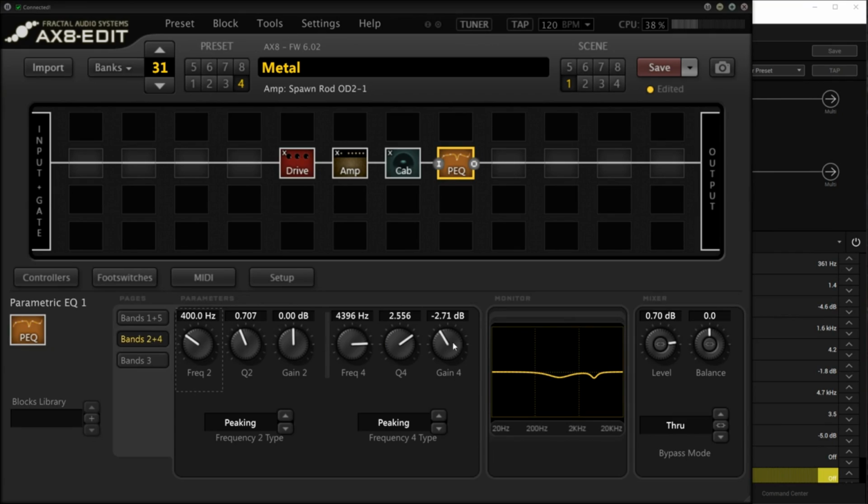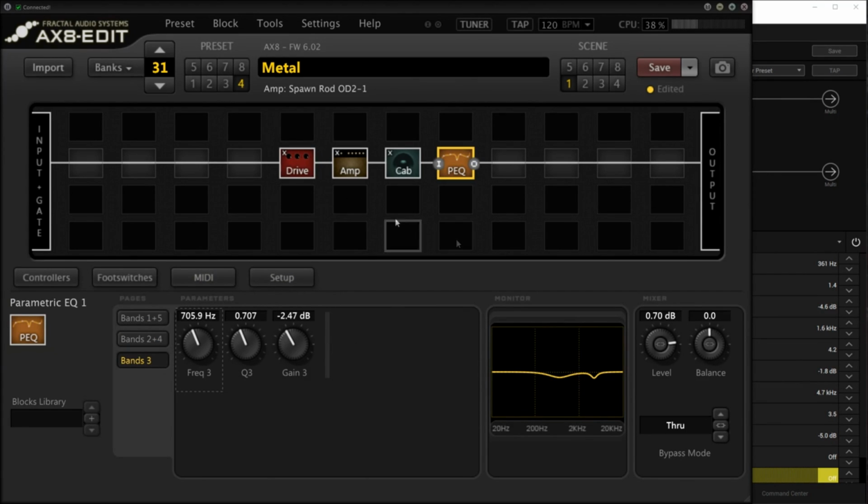Usually I don't have to use one of these, but I found some poking out frequencies at around 4.4 and 700, stuff that I couldn't tame with the EQ built into the amp block. So here's how that impacts things. Again, not a massive difference, and a lot of these moves I would usually make later on in the mix,